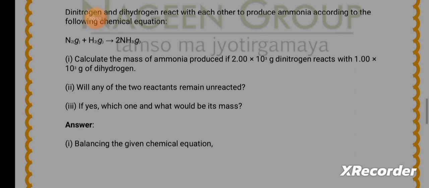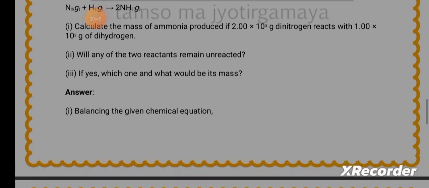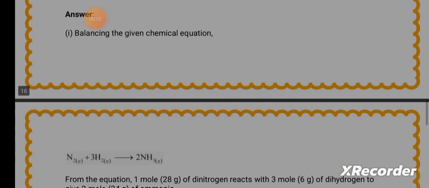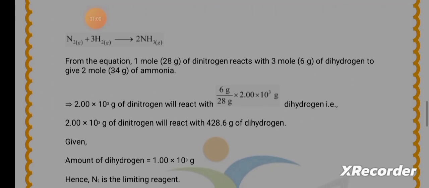If 2 into 10 to the power 3 gram dinitrogen reacts with 1 into 10 to the power 3 gram of dihydrogen. Question number 2: does any of the reactant remain unreacted? And question number 3: if yes, तो which one and what would be its mass, और क्या उसका mass होगा. Now firstly, for solving such type of numerical you have to balance this equation: N2 plus 3H2 gives rise to